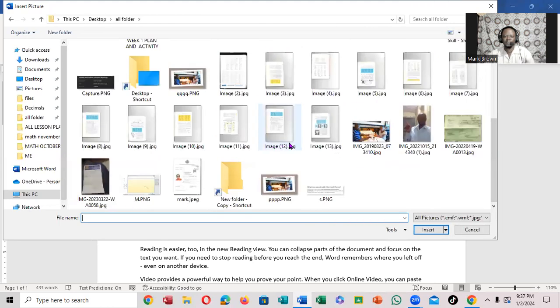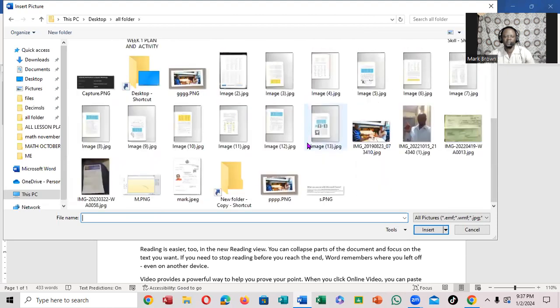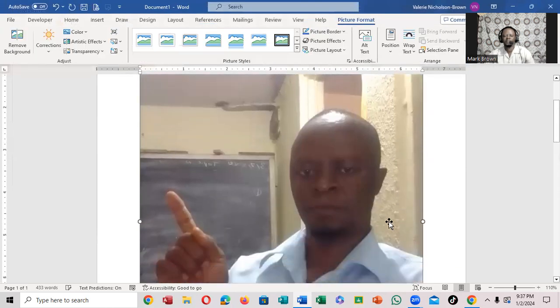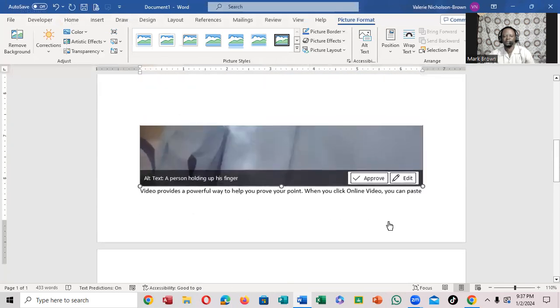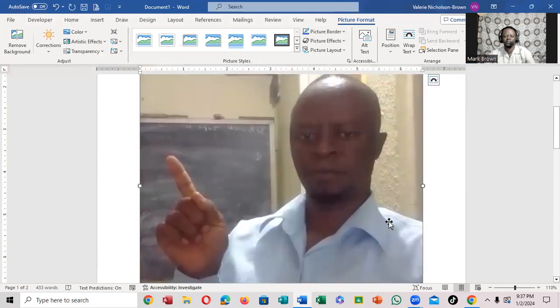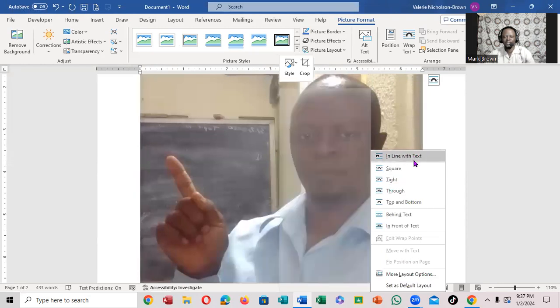In the meantime, I'm looking at a photo that I can put into the middle of it. All right, I'm going to choose this one. Click on Insert. But if you notice, the photo actually covers the text. It's not in the middle. What I want to do to get it in the middle is wrap text. You can right-click right here and go down to Wrap Text, and notice right up here is In Line, Square,